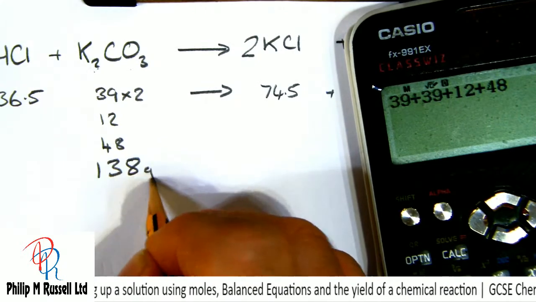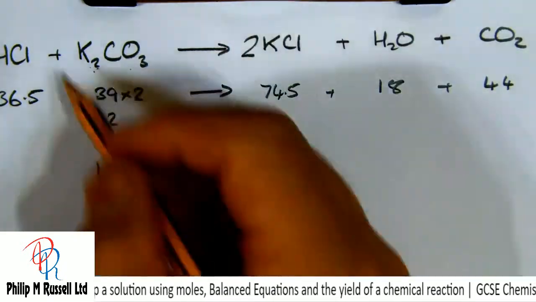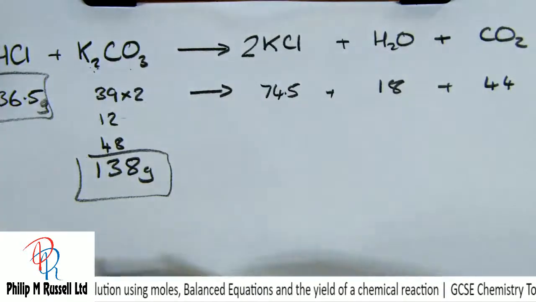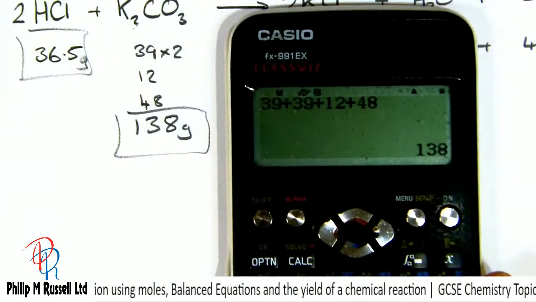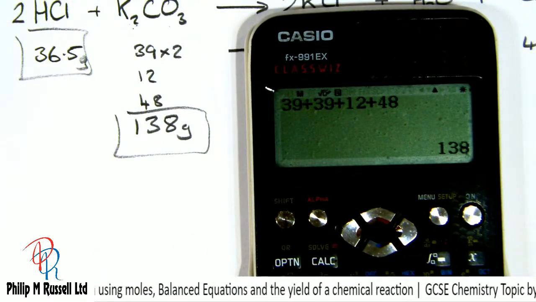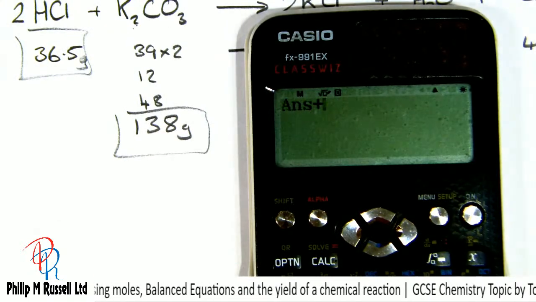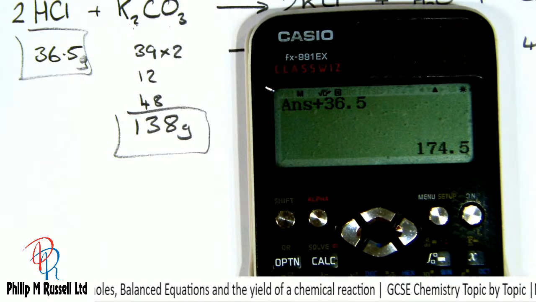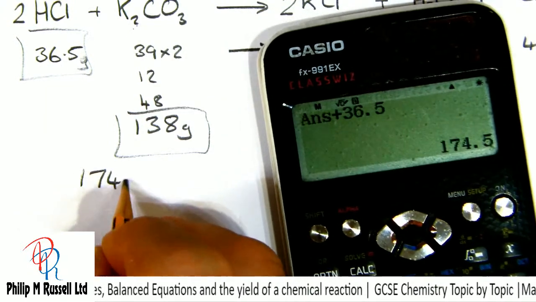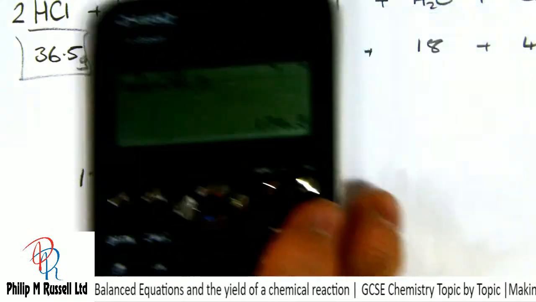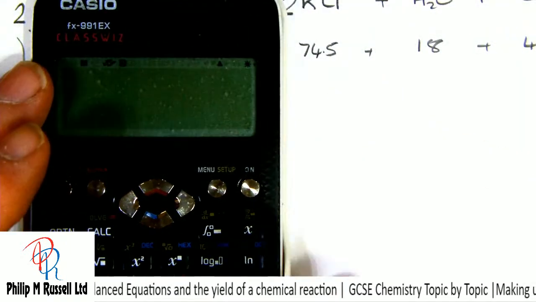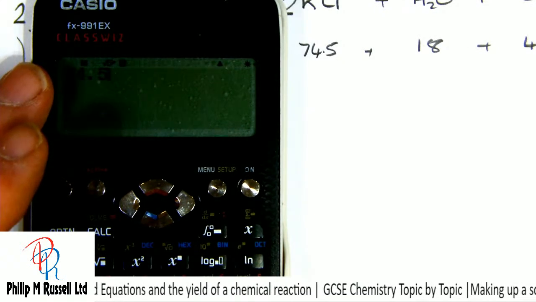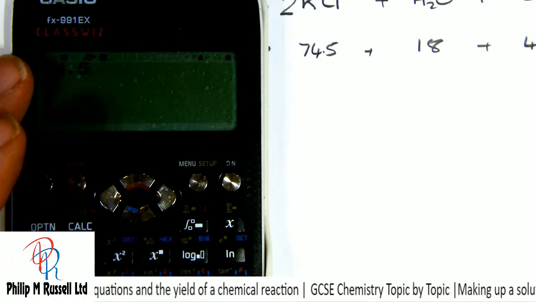138. If we do a sum here, we can work out that our 138 plus our 36.5 gives me on this side 174.5 grams. And if we work out the other side, we should end up with 74.5 times 2